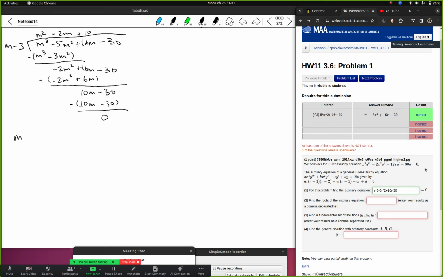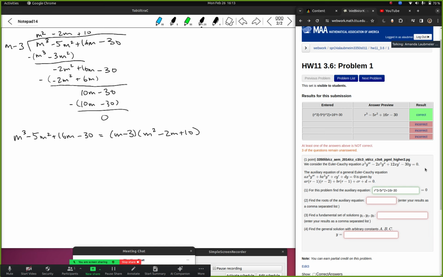So, however you learned how to do this in school is fine. But at this point, I know that I could factor this as m minus 3 and m squared minus 2m plus 10. So already I've got that m equals 3 as a root, although